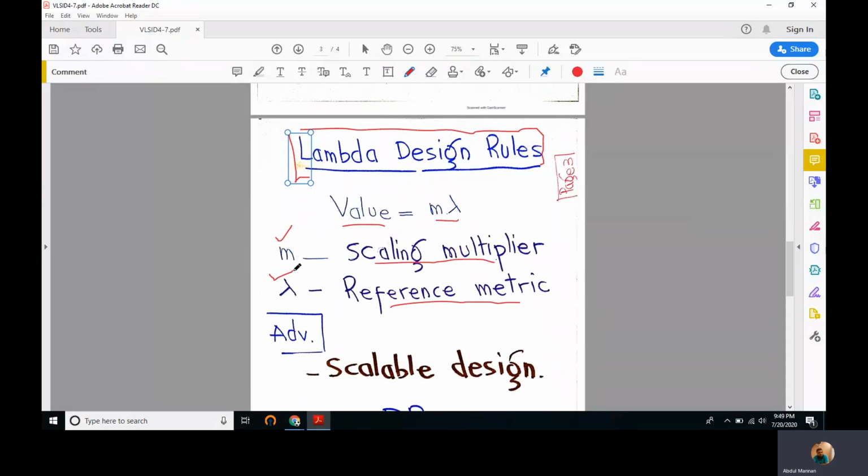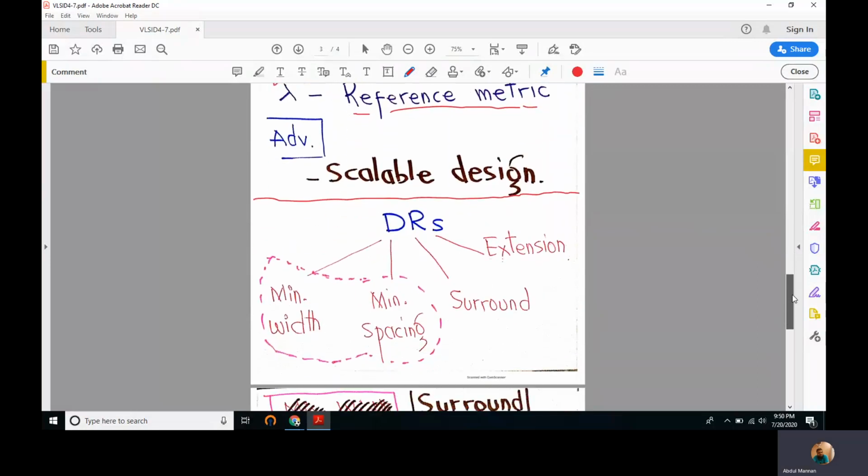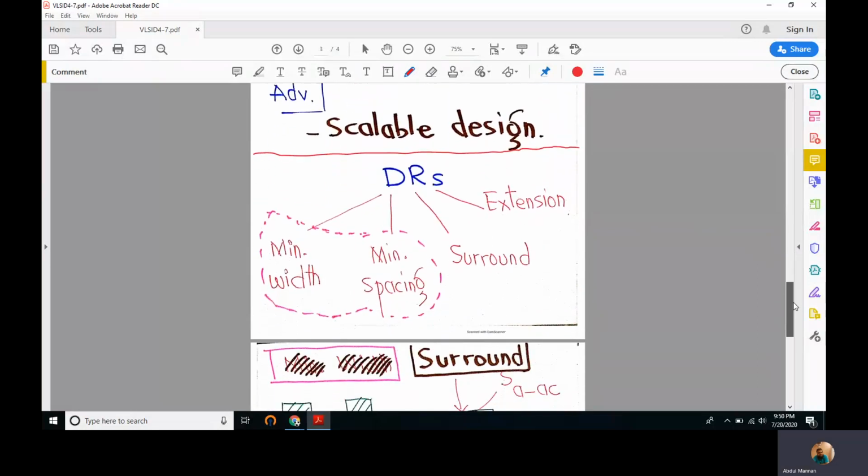So every quantity is represented in terms of the reference metric, 2 times, 2.5 times, for example. This lambda design rule has an advantage that it produces scalable designs, the designs that can be either scaled up or scaled down. Right. In general, design rules can be divided into 4 types.